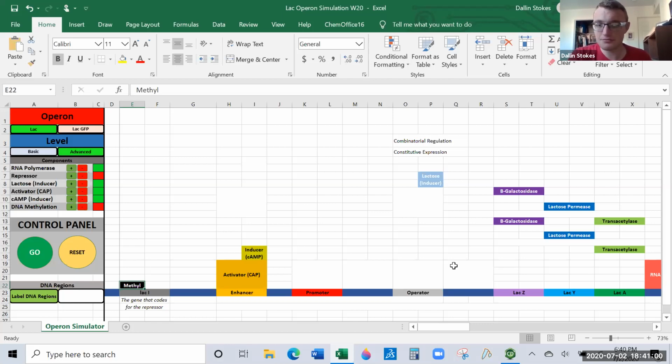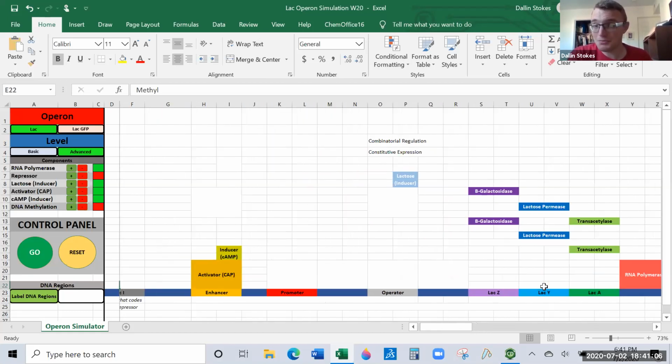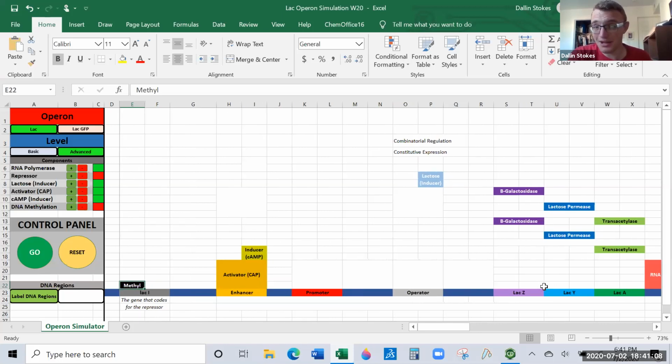For example, RNA polymerase. RNA polymerase is a protein, which means there's a gene for RNA polymerase. So RNA polymerase builds other RNA polymerases. That's kind of interesting to think about. But we need RNA polymerase all the time. The cell is constantly making proteins, and so it constantly needs RNA polymerase. And so we don't ever need to turn off the RNA polymerase gene.